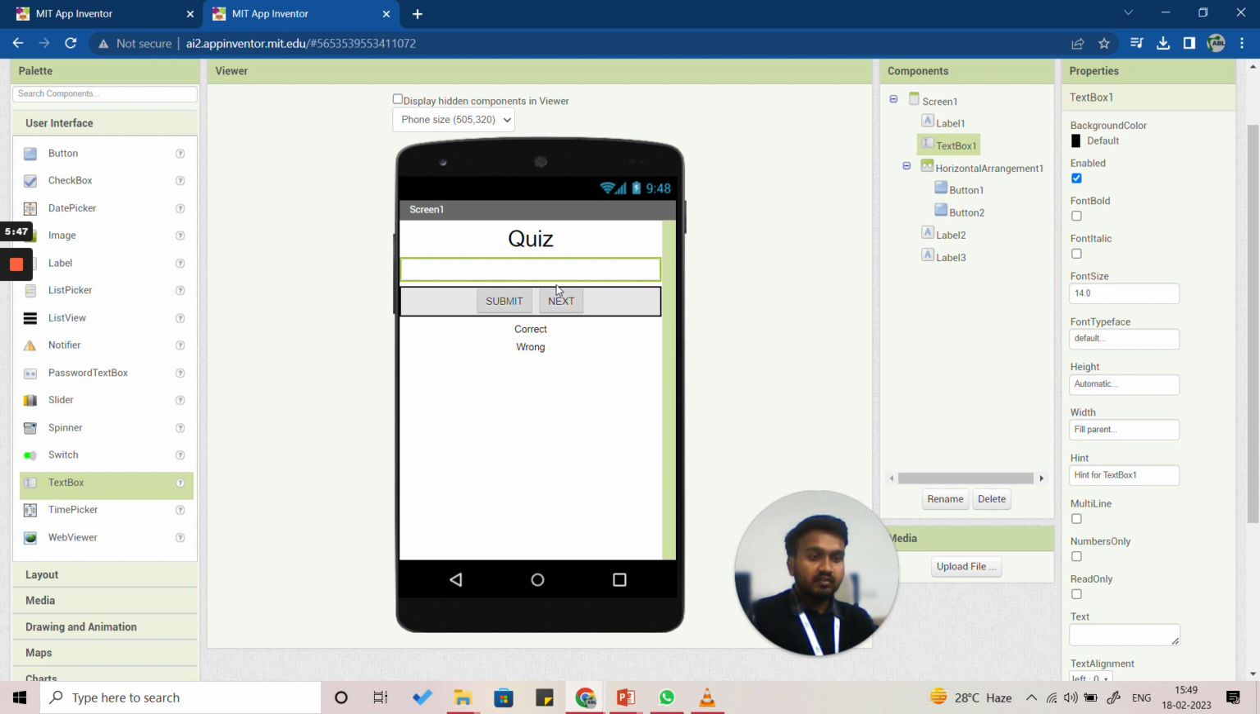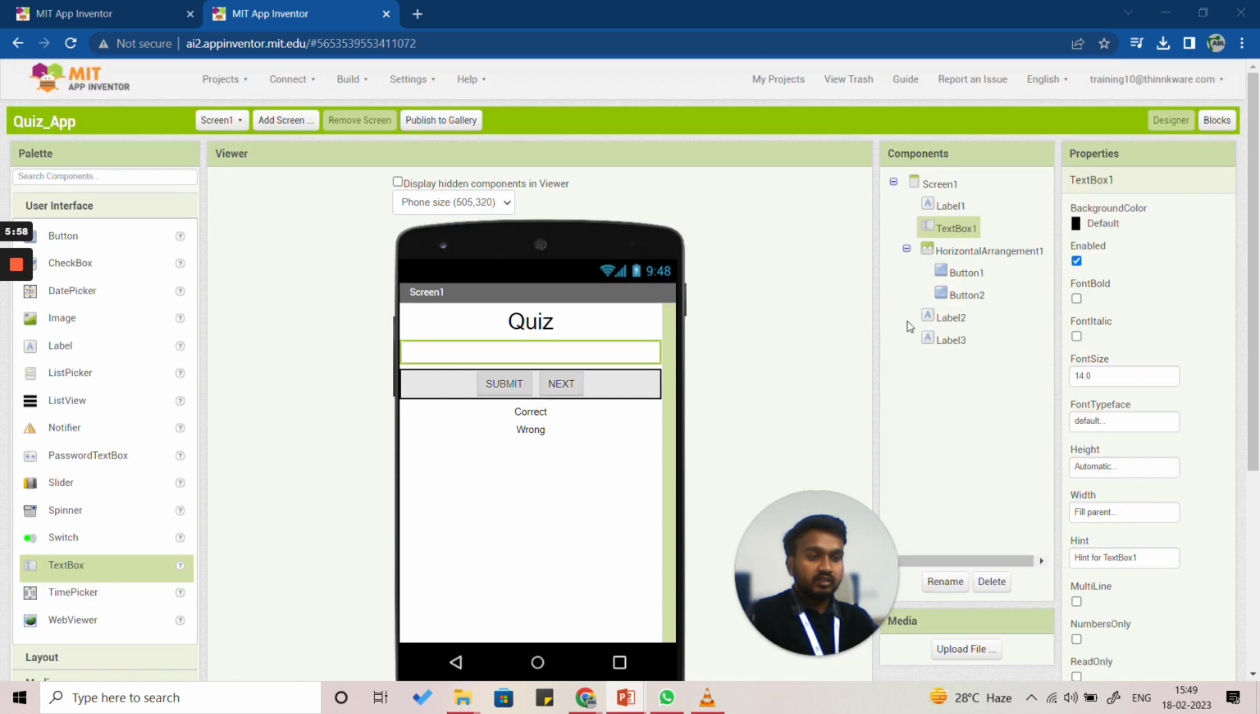All right, now it is fitting the screen. So this was about the designing part. Now let's move on to the coding part. We'll click on blocks